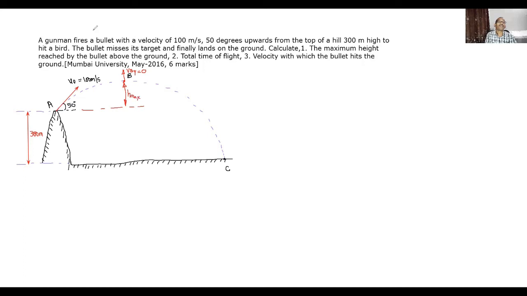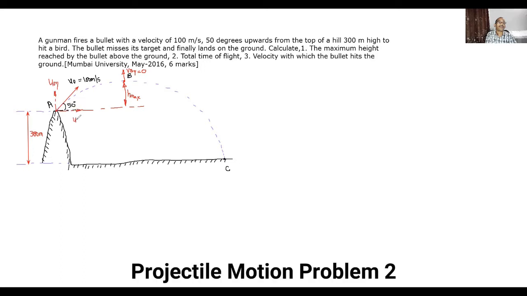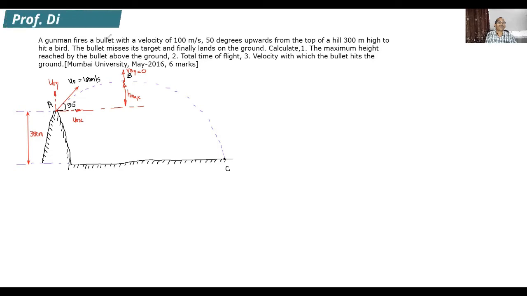To find out this h max, you have to consider motion from A to B. As u0 and theta 0 are given, always in any problem when u0 and theta 0 are given, we'll resolve it and find out the components so that substituting these values becomes easy. Solving the problem becomes easy. So this one is u0x. Now to find u0x and u0y, we'll simply resolve and calculate u0x and u0y.